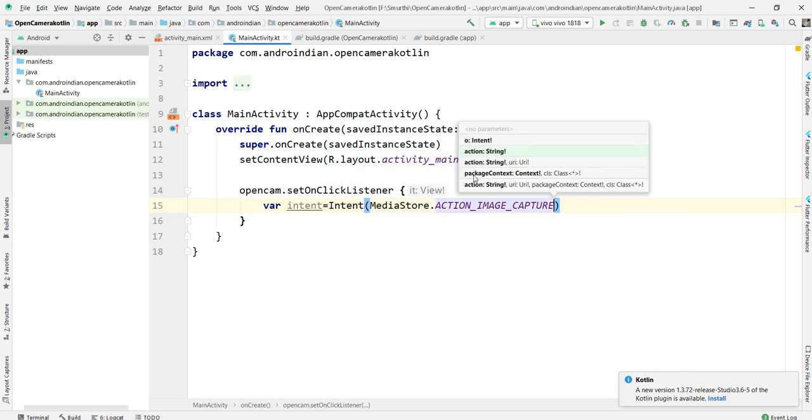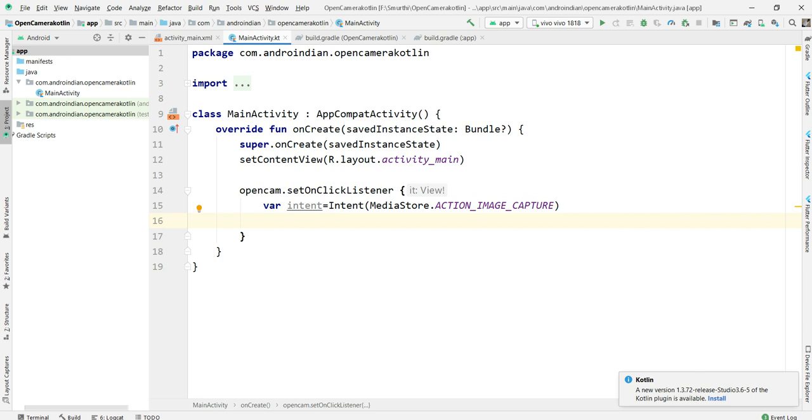That's all. This is the path we should give. Then the next line is the same as usual, startActivity of intent. That's all.